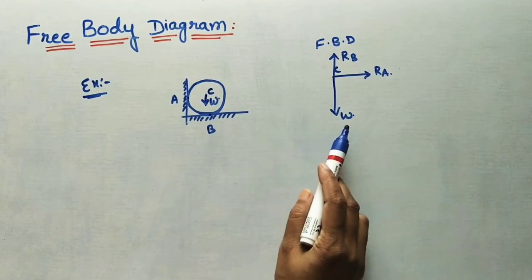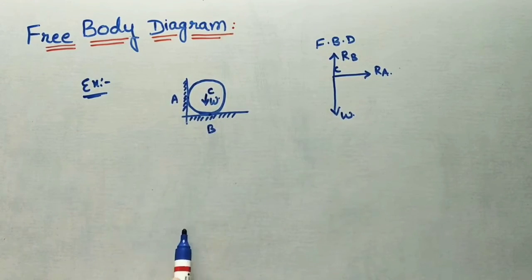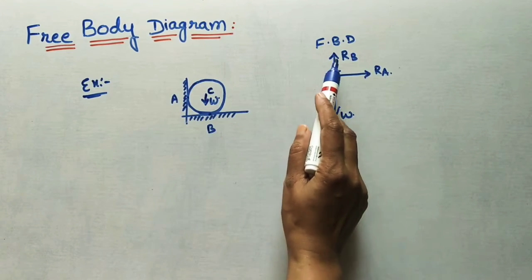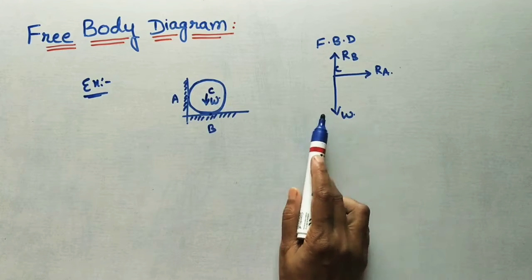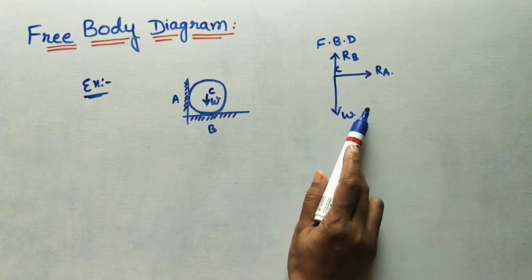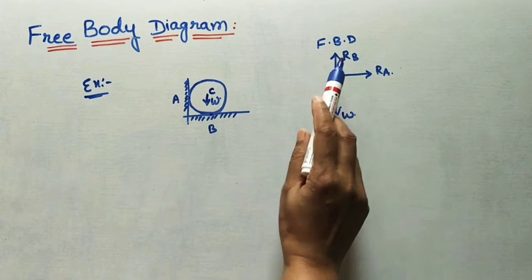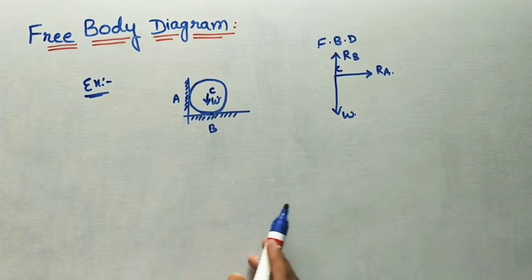So what we are doing in free body diagram is removing the contact surfaces of the given body and considering only the reactions or forces because of these contact surfaces. Here surfaces are isolated, no contact surface, only reactions we are considering. This is called free body diagram. Let us do some free body diagrams of the given objects or bodies.